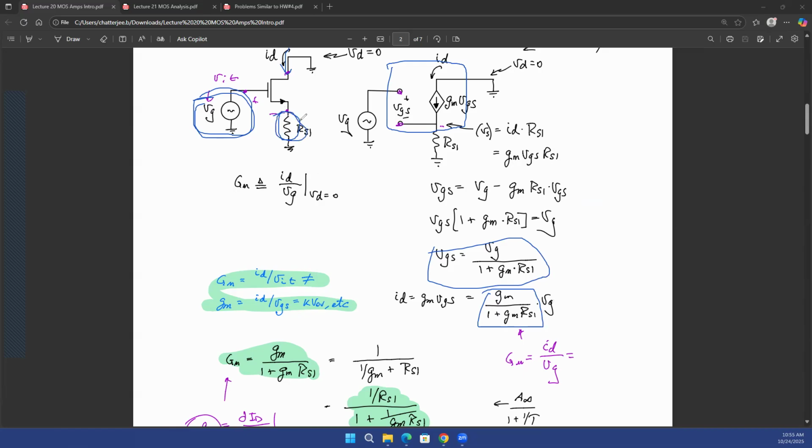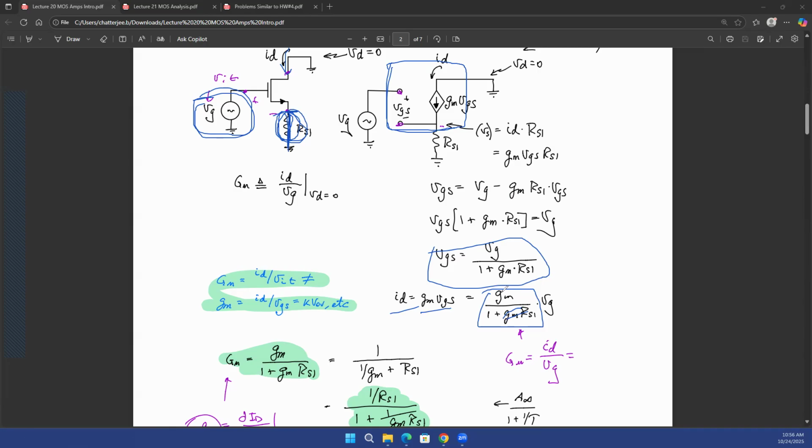If the source resistance had been 0, if you had shorted this, then of course this GMRS will become 0 and you will have GM times VG, which is the original concept that you already learned, that the output current is going to be GM times the input voltage. And if this is shorted, the source resistance becomes 0, and that is why VGS becomes equal to VG. That is the reason why your ID will be GM times VGS, which will be equal to GM times VG as well. Okay. But because the RS, the source resistance, is present,